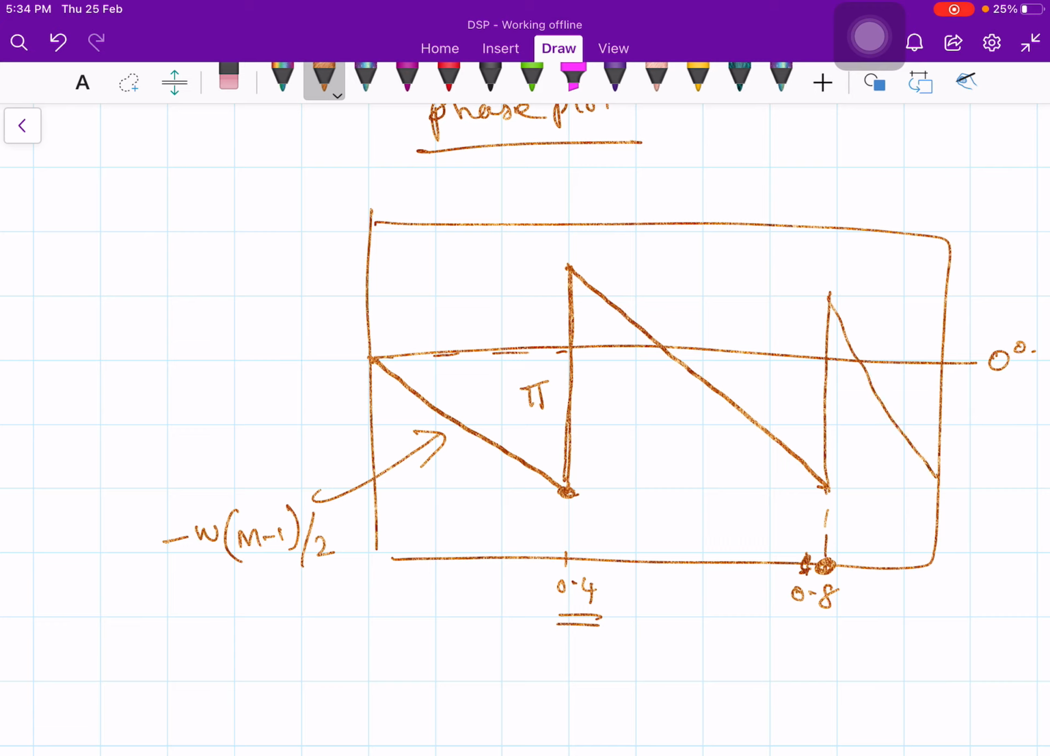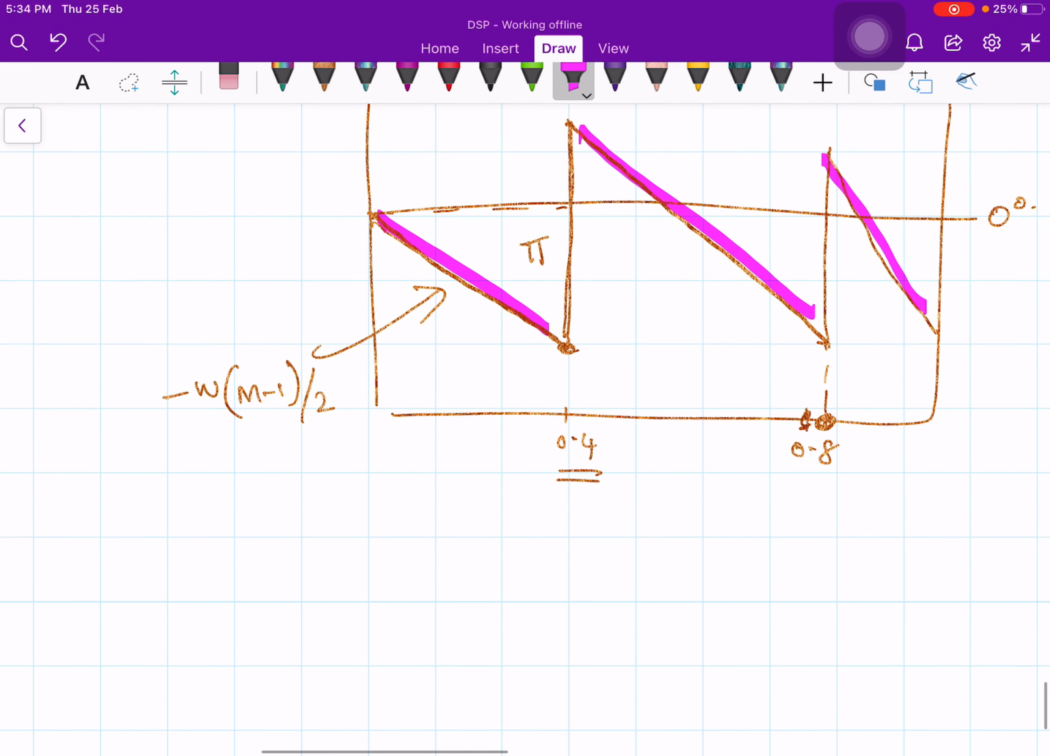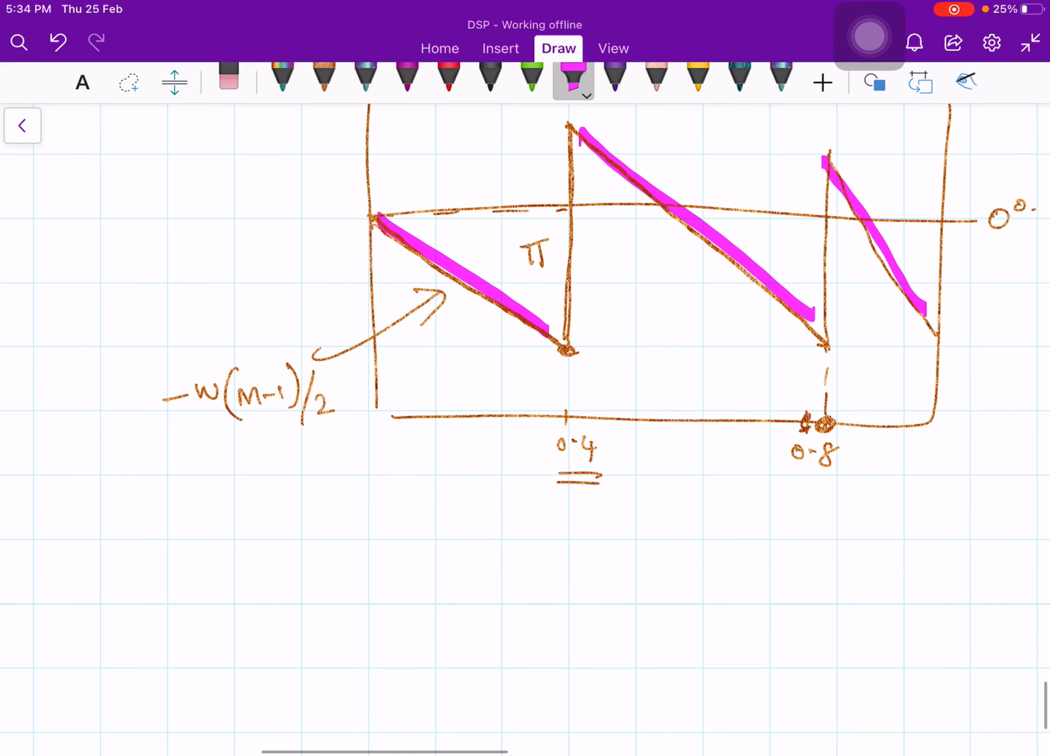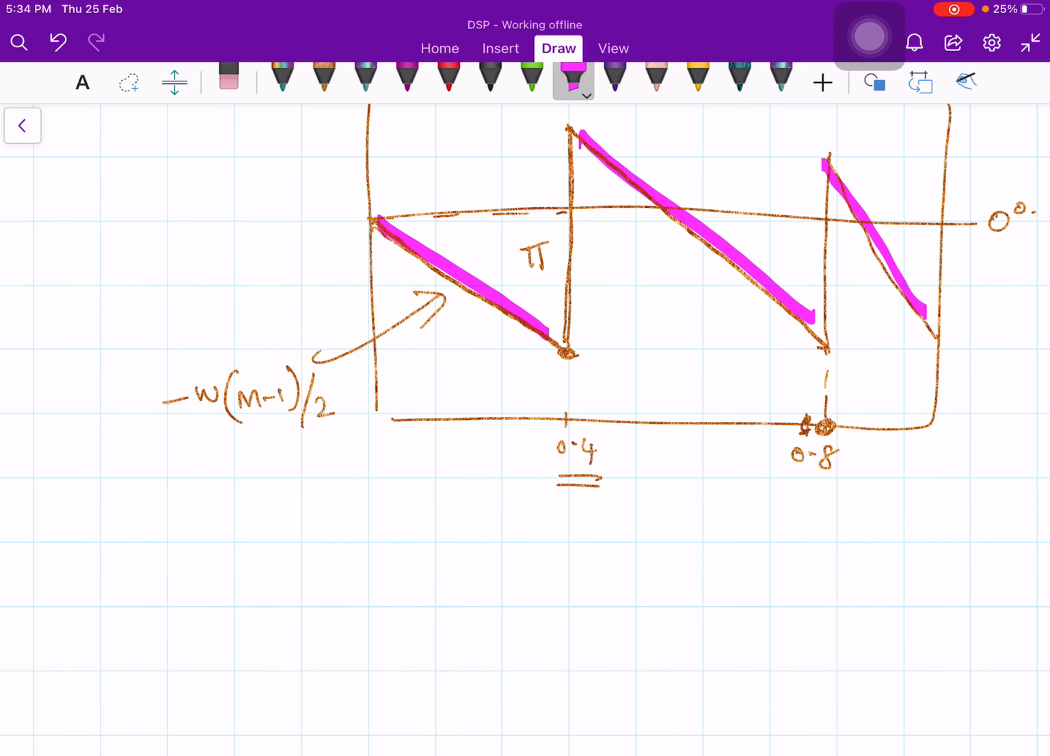Look at here, this line and this line, these lines are parallel lines. I didn't draw them as parallel lines, but they are parallel lines. At 0.4, at this point, this height is exactly equal to how much? 180 degree. It goes up by 180. Why? Because the quantity